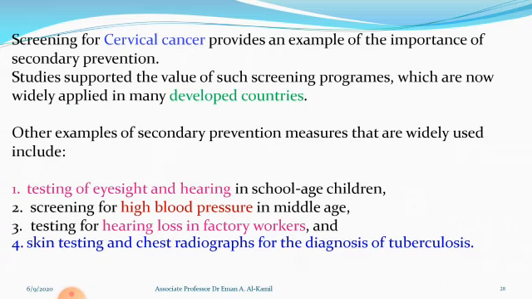Skin testing and chest radiograph for diagnosis of tuberculosis. In many developing countries where there is a high incidence and prevalence of tuberculosis, it should be prevented by the BCG. But in some countries, they still have some individuals who have no vaccination. So it is important to periodically examine with the Mantoux test, or tuberculin test, for detection of individuals who are susceptible to tuberculosis or for diagnosis of